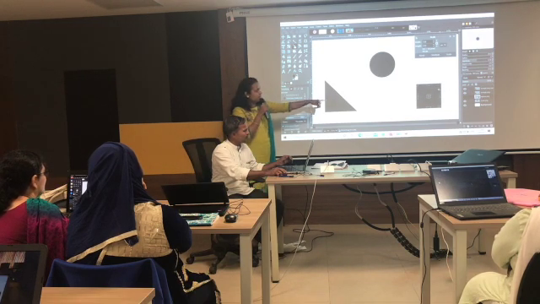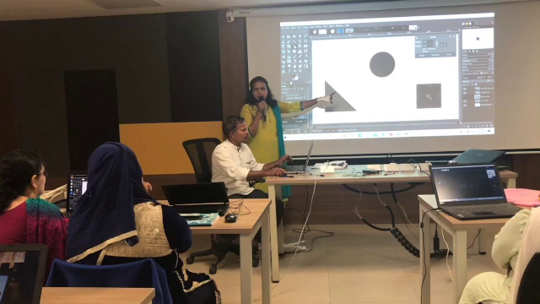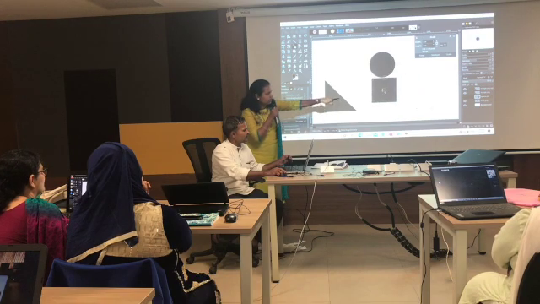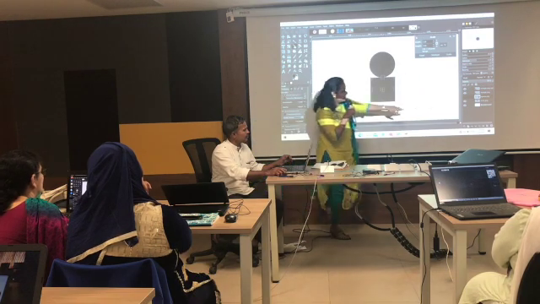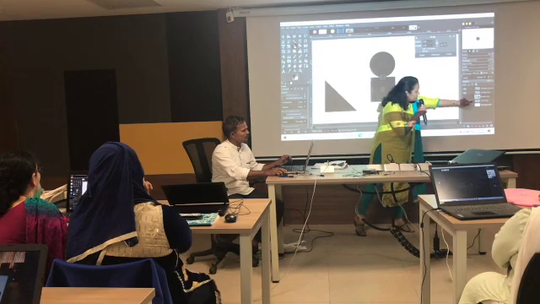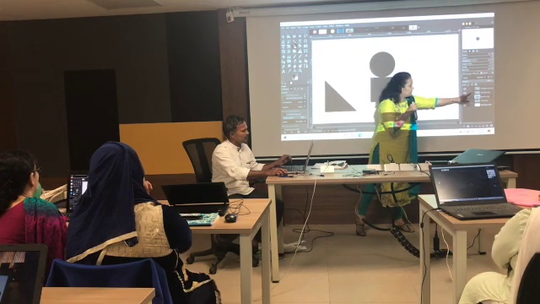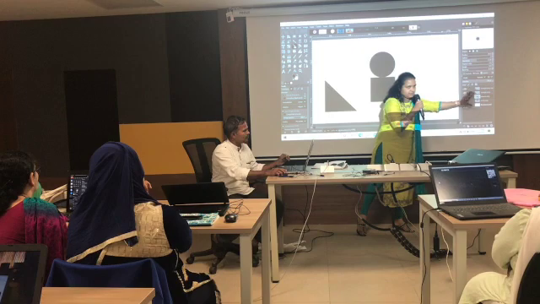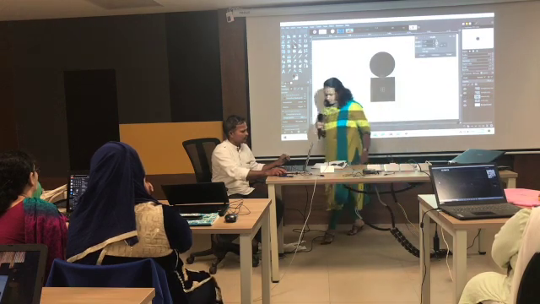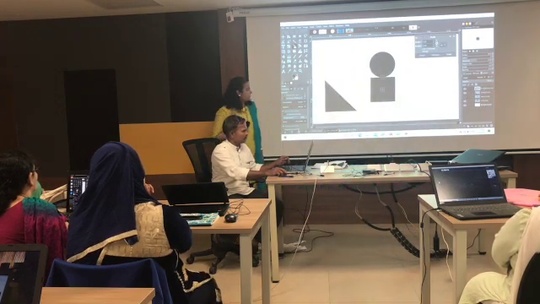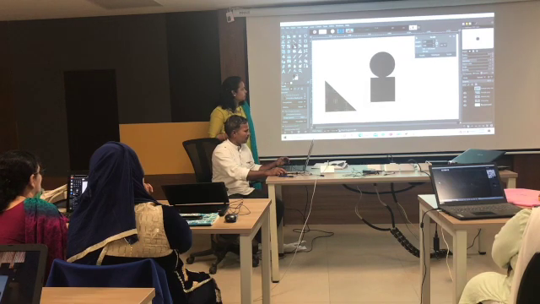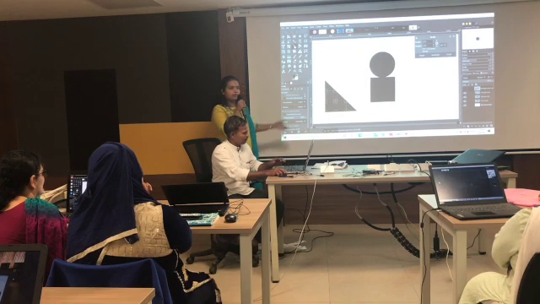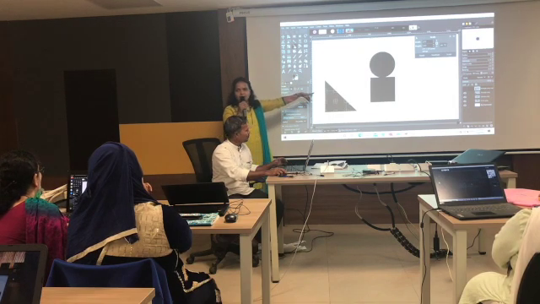So as you can see, so is scaling the image. Okay, so a square is on one layer here, correct? Triangle is here and the circle is here, separate. Now we will do grouping and make one image. How we rotate the shape?